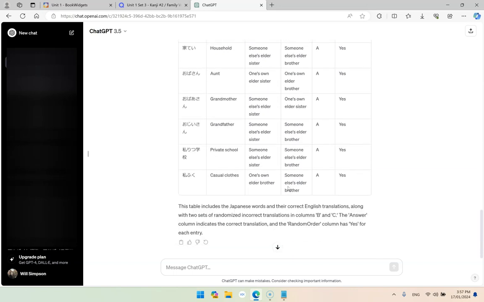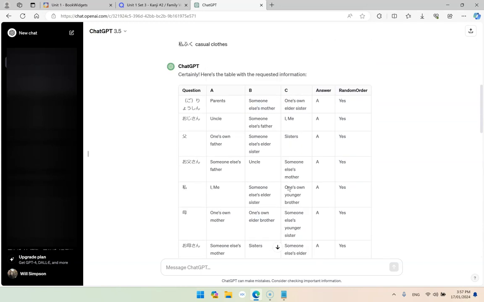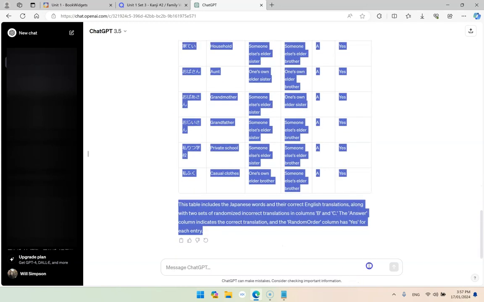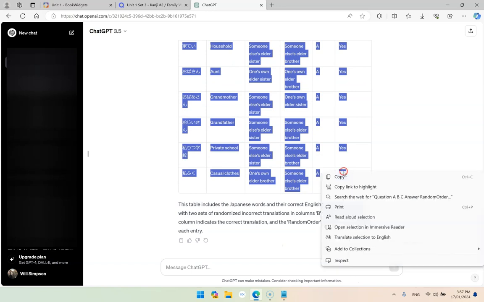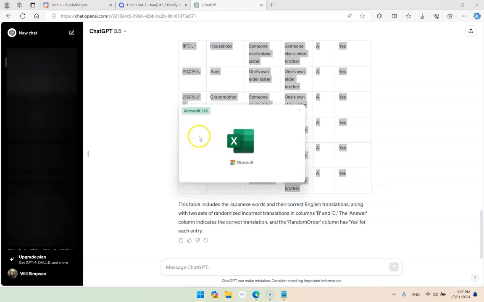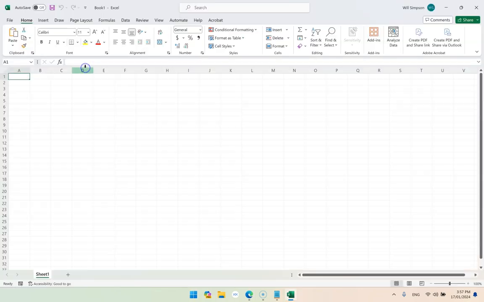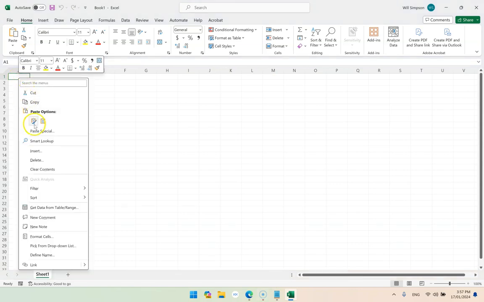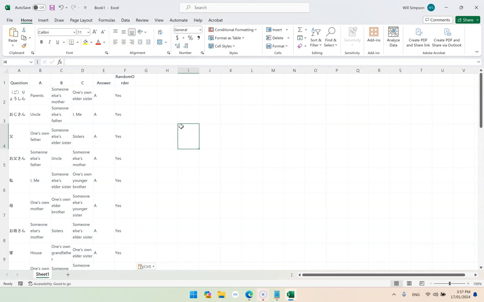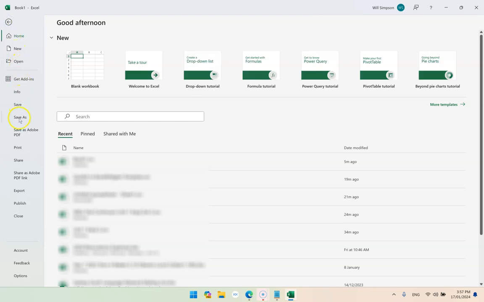So once it's generated that, you just need to select, copy and paste the table into an Excel document, just a blank document. And just in A1, right click, paste. The formatting doesn't matter at all. BookWidgets doesn't care. You're then going to go File, Save As,